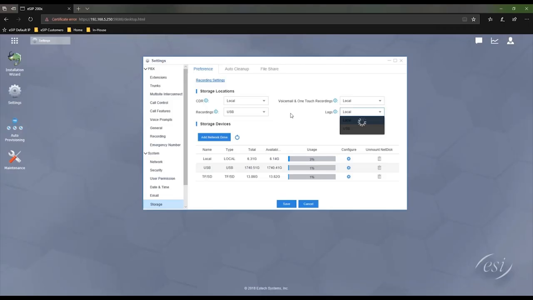Other storage locations can also be defined or changed here as well. And we want to go ahead and store our voicemail and those one-touch recordings there as well. So we'll go ahead and save and apply that, and then we're going to go back in here to the